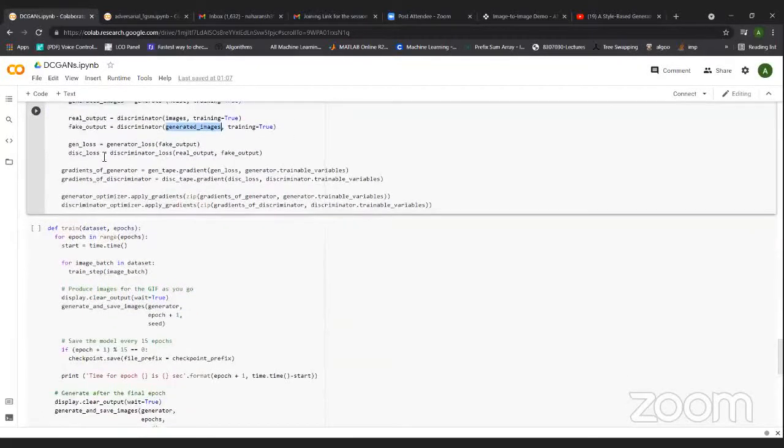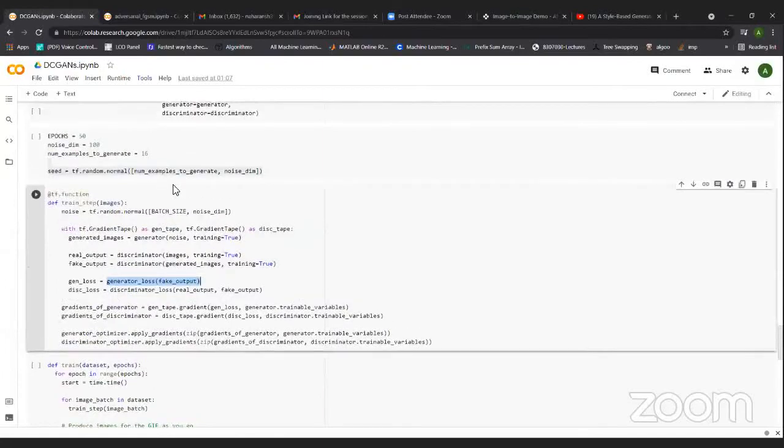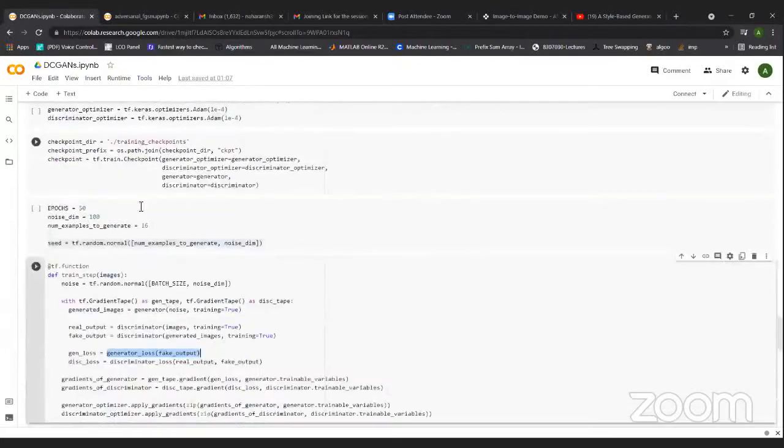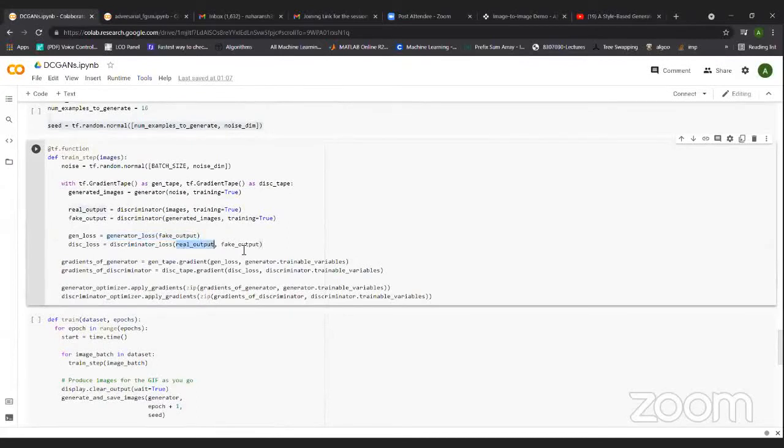Okay. So for the loss, I call the loss function. In the generator loss, we only need to give the fake output. As I already told you, we do not bother about the real thing. Okay. And in the discriminator loss, you need to give the real output and the fake output as well. So basically how do you calculate the gradients? This is how you are going to calculate it: with the GAN tape, the gradient tape which we used, dot gradient. So we give the loss and the generator's trainable variables.